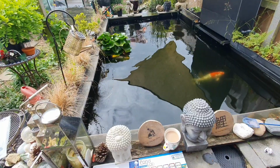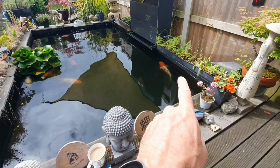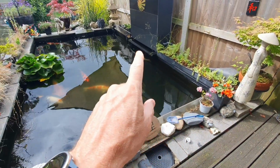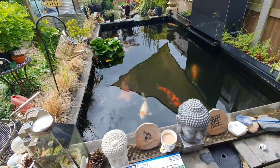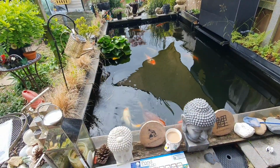And it was my Kohaku. So it was a Gin Rin Kohaku like that, about that size, and it's the one with the head spot, and it was half black, half red. So I'm not a happy bunny. So, but I suspect,